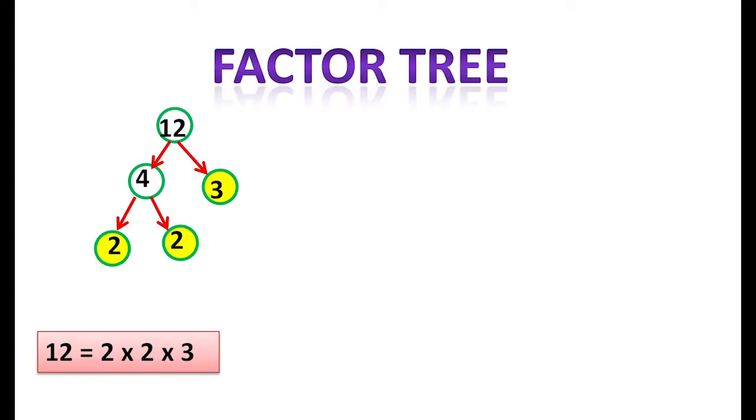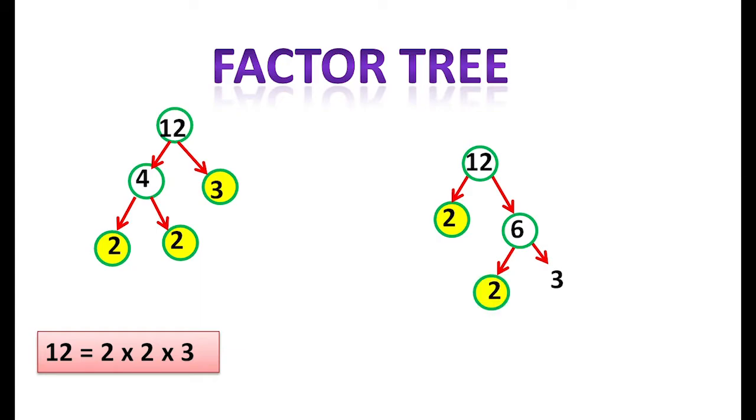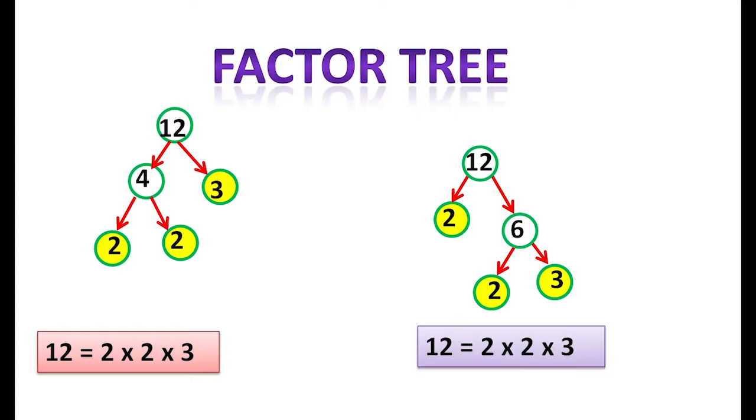Here I am going to do the same question in another way. For 12 we can write it as 2 sixes are 12. And 2 is a prime number, that part we have shaded. And 6 is a composite number, that 6 we can split it as 2 into 3. Both 2 and 3 are prime numbers. So, we can write it as 12 equal to 2 into 2 into 3.